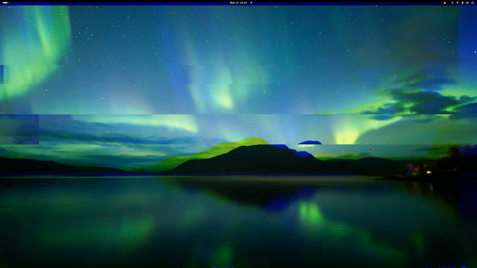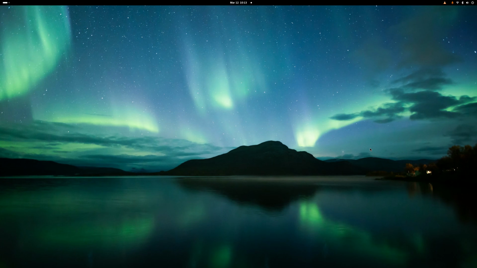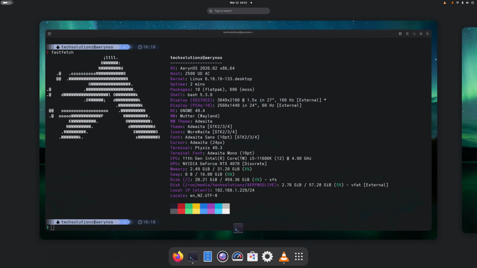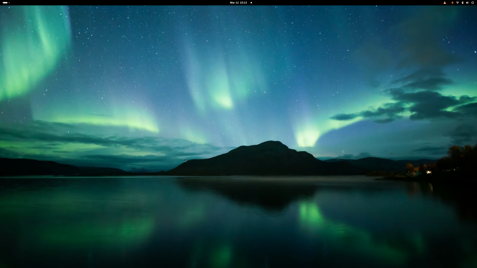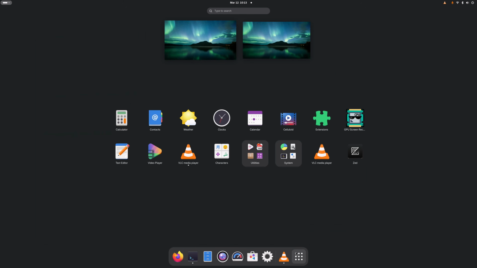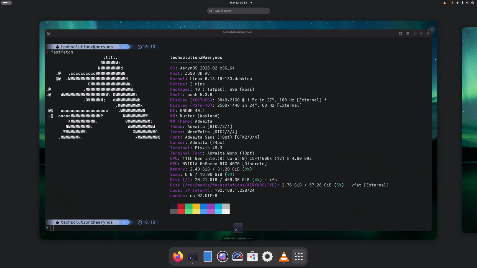Let's explore AerynOS running with the GNOME desktop and focus on the parts of the system that actually matter during daily use. When the desktop appears, the environment feels clean and modern. GNOME keeps the interface minimal so the focus stays on your work instead of the operating system itself. You have the top panel for system controls, the Activities overview for launching applications, and dynamic workspaces that make multitasking